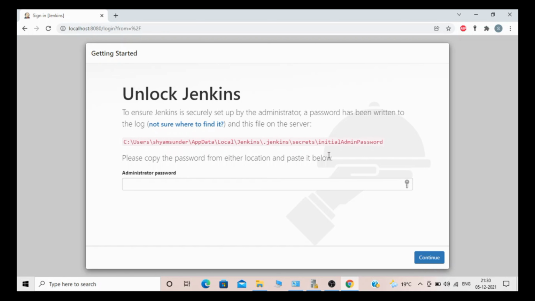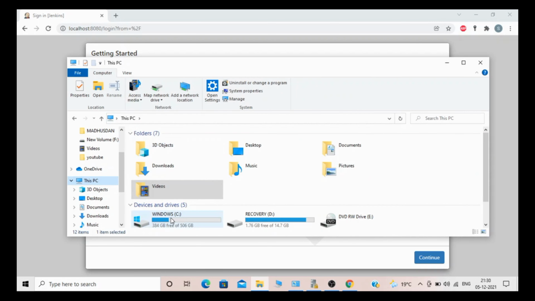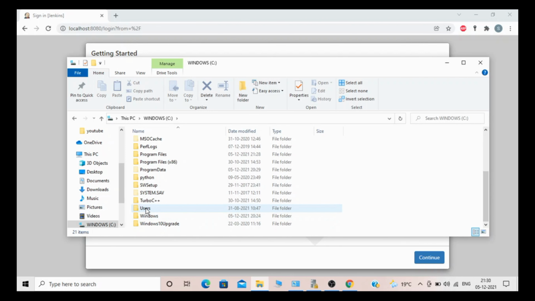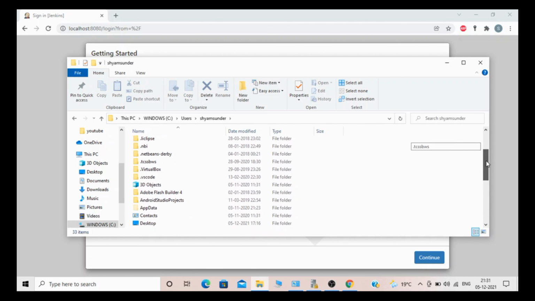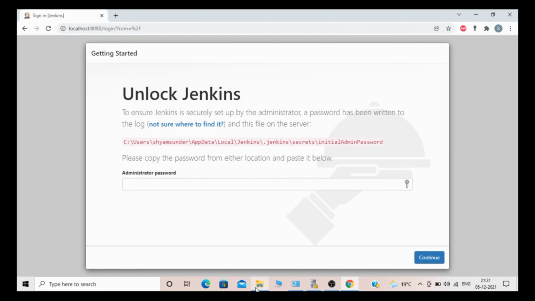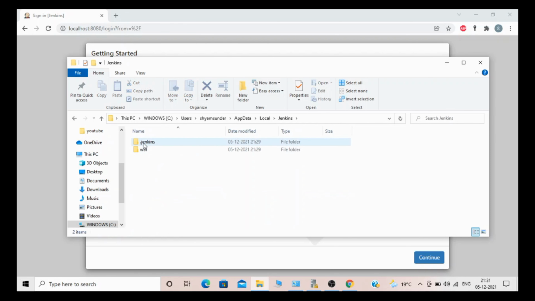You need to go to the path where we installed it: your user account, app data, local, where you will see a folder related to Jenkins, the dot Jenkins folder.